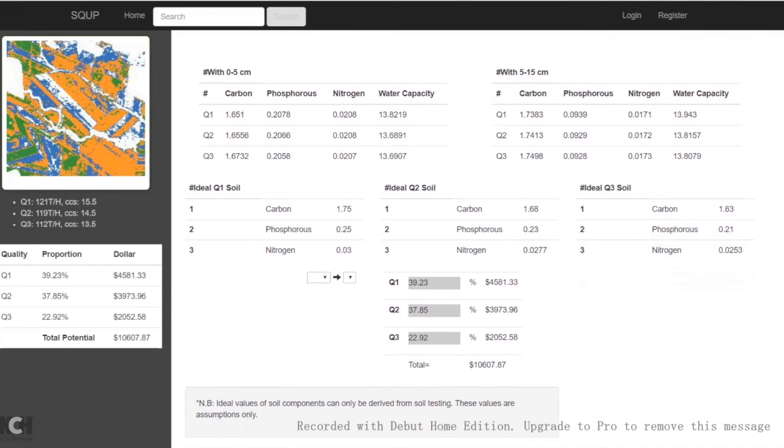Further, in this application, we can do a what-if analysis where we can check what if my Q2 is changing to Q1. For instance, instead of 39.23%, if I have 45% of my total area as Q1 and my Q2 is reduced, then how much is the dollar impact? From this I can see that if I have 45% Q1 area, then I can generate $5,255 from that particular area, and the overall gain generated there is